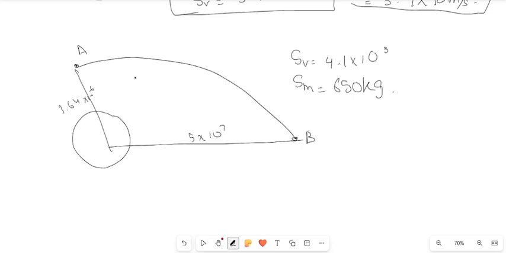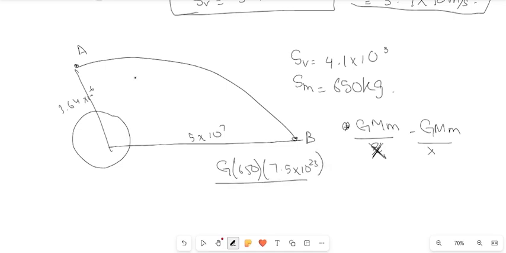Now, what do we have? Gravitational potential energy at point B. Gravitational potential energy is minus GMm over r. You can ignore the minus sign for now because we're just finding the change and we do not need to include this minus sign. And then you have minus GMm over x, sorry. And for point B, you have G, and then you have the mass 650, and then you have the mass of the planet as well, which is 7.5 into 10 raised to 23